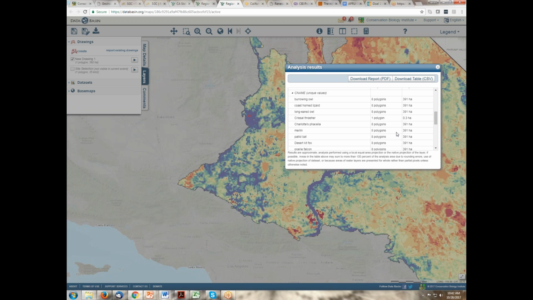Another distinction from the model we're doing for the RCA versus the model we were running for the West Mojave or the RCIS. A couple of other things that stand out as being different, being handled in a different way. In the model that we built, we've included things like the connectivity mapping as part of the model itself. We also included a whole vegetation representation assessment element to it.